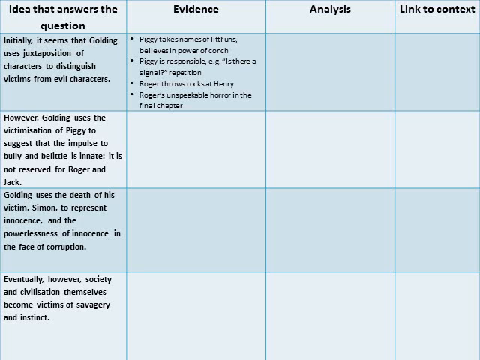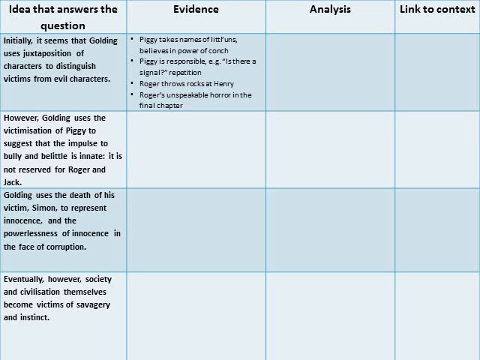So how can I go about proving this? Well, my evidence for the juxtaposition of characters will be quite straightforward. I'm going to look towards the beginning of the novel and I'll look at the difference between Piggy and Roger. So Piggy takes the names of the little uns in the beginning and he really believes in the power of the conch. And when the fire starts to go out, Piggy is the one who is responsible and he asks